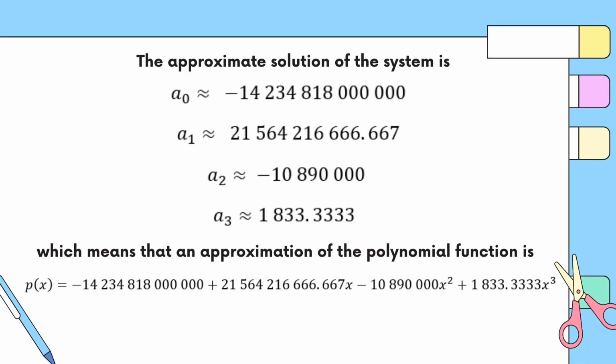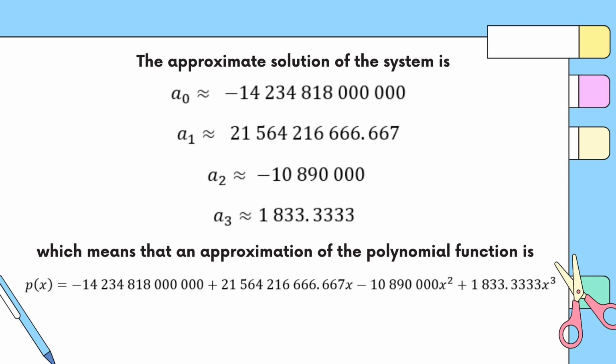The approximate solution of the system is a_0 is approximately negative 14,234,818,000,000. a_1 is approximately 21,564,216,666.667. a_2 is approximately negative 10,890,000. And a_3 is approximately 1,833.3333,